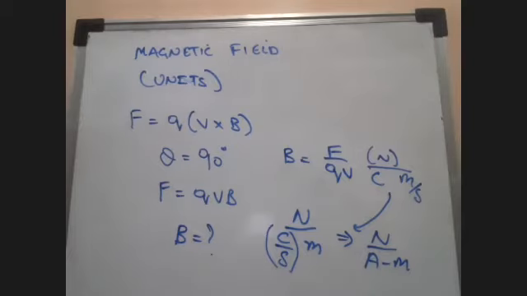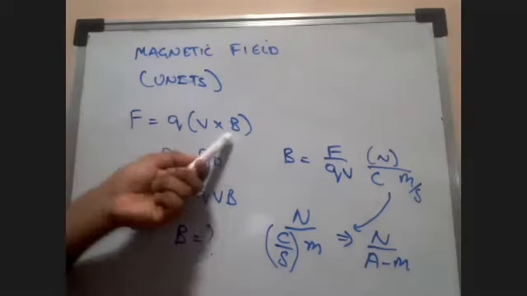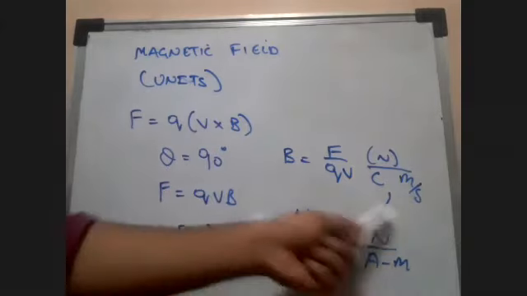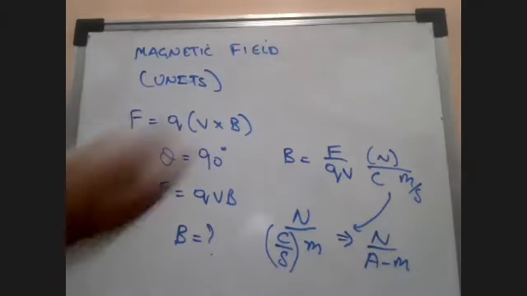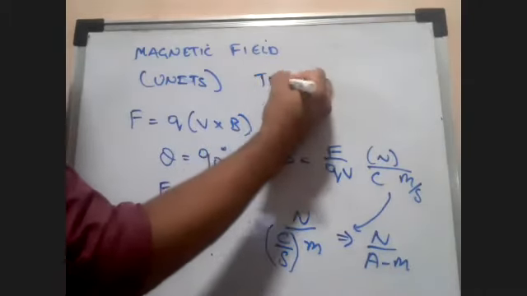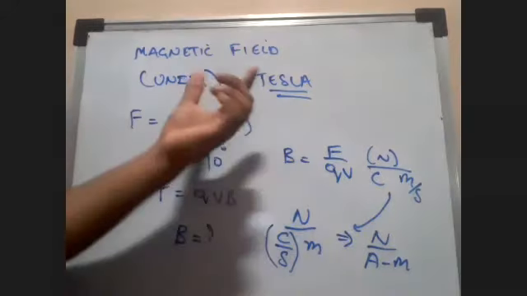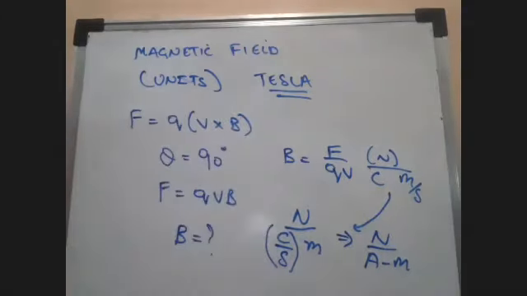So what is the unit of magnetic field? It is Newton upon ampere meter. But there is also a different name for this. We are now getting introduced to Tesla. I hope you have all heard about this famous scientist Nikola Tesla, one of the greatest inventors in the world, who invented almost every possible thing in terms of electric field and induction. Our induction motors, everything from static electricity, theories based on that, this greatest scientist has invented. He's an inventor.